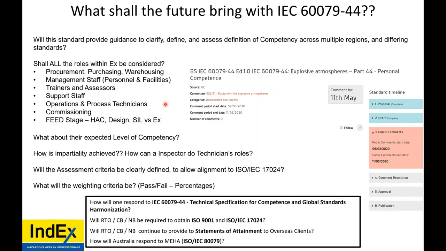Also, operations and process technicians pay attention to functional safety. That device is working perfectly, that gas detector is working. But did they make any modifications to make it work functionally how they wanted? Did that maintain the EX safe operation of that item? If there was a gas release, yes, that gas detector may detect the gas, but was its EX protection technique nullified and could it potentially ignite that gas cloud?